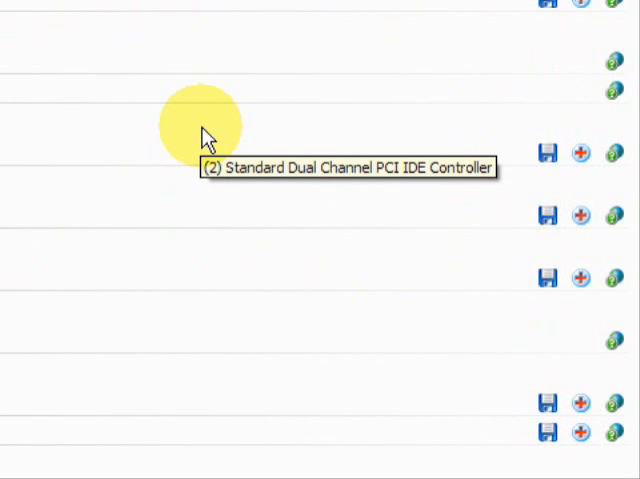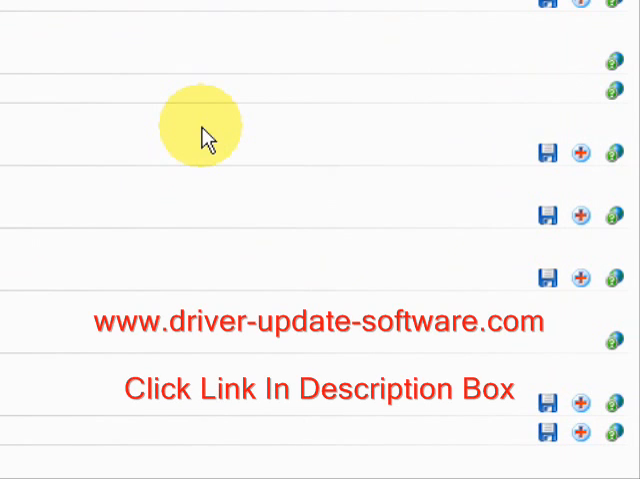Not only just to find all the drivers you need, but it'll continually keep them updated to make sure that your hardware devices are working properly and keeps your computer secure from different types of hackers, spyware, viruses, that sort of thing. So once again, the website is